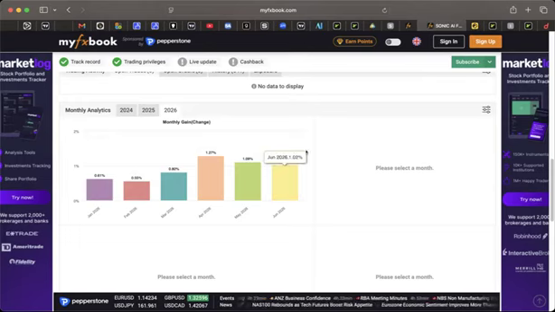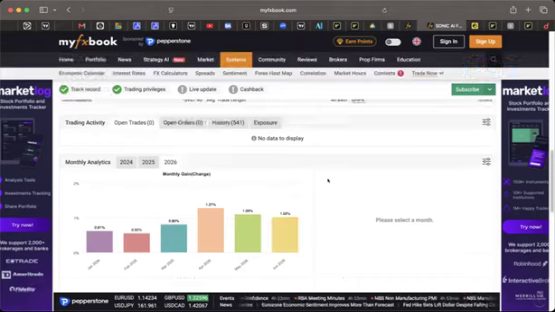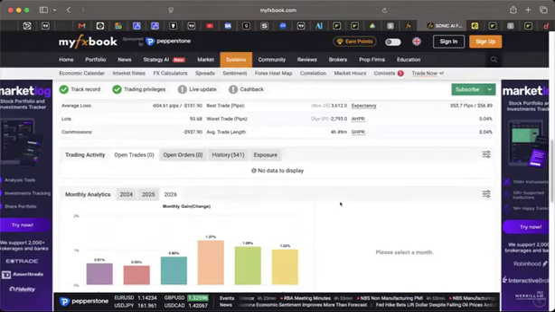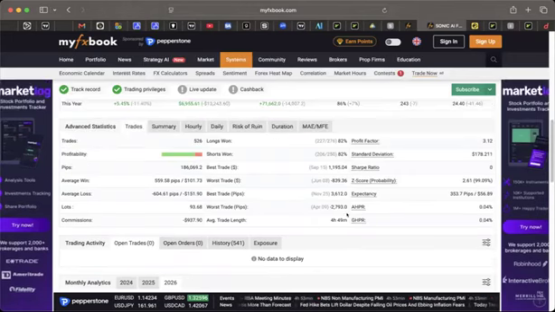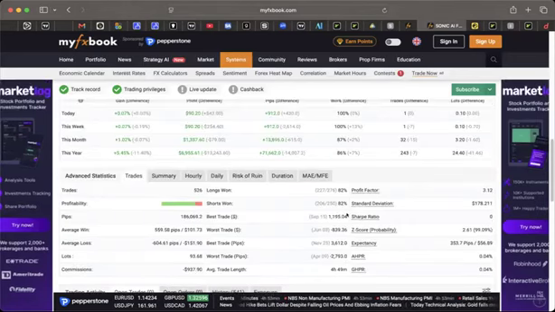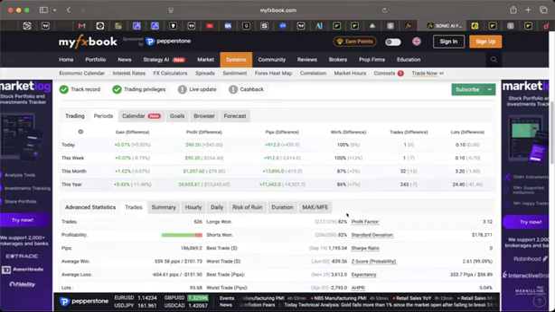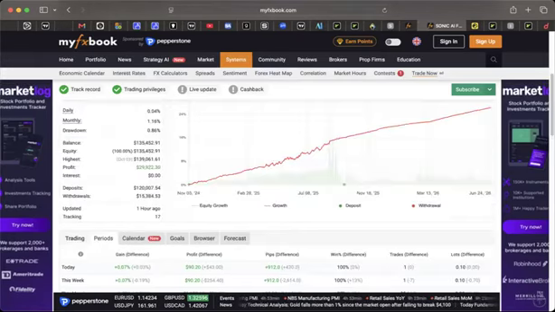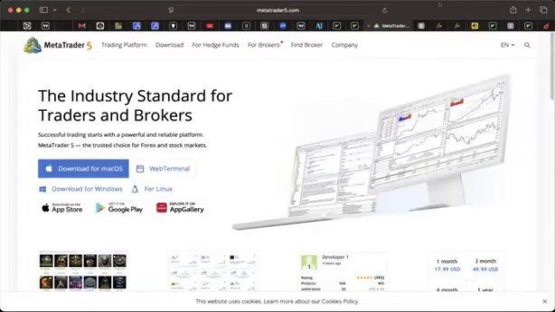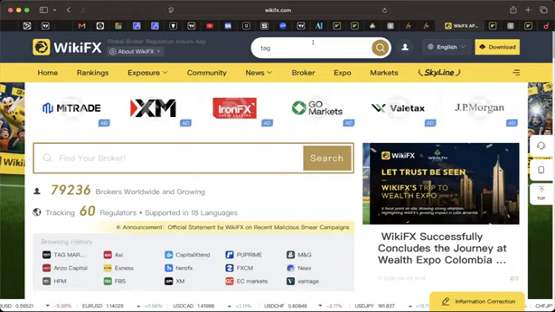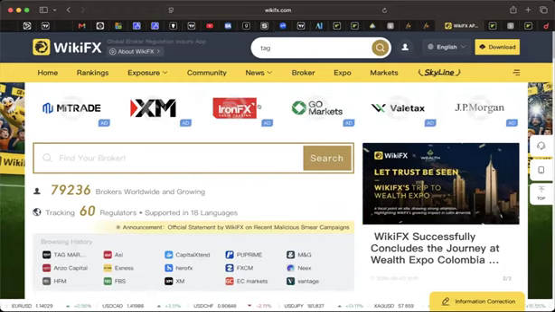tool that has helped us to make money while we stayed with Sonic AI. Now, I don't want to bore you with too many stories. These are the things you can do independently. But this is the machine that makes it possible for us to be making money every day. I've told you about MT5, that's MetaTrader 5. And if you are not a broker, you can have an account licensed and registered on MetaTrader 5. And that's why, if you go to WikiFX and you check Tag Market, you're going to see.